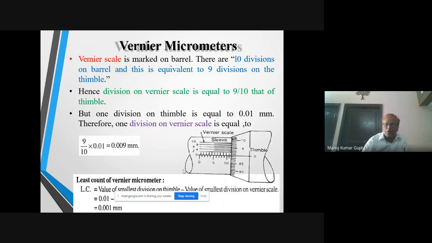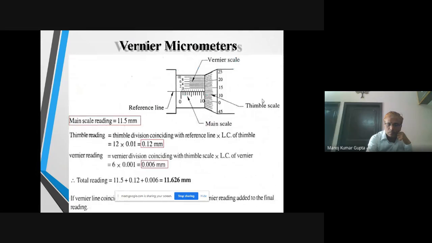And this is also a vernier micrometer. We can take the reading of the main scale, and we can take the reading of the auxiliary scale. And its vernier micrometer least count is up to 3 decimal points, 0.001 millimeter. Earlier it was 0.01 millimeter up to 2 decimal points, but this least count is up to 3 decimal points, 0.001 millimeter. And similarly we have taken the dimension, it comes out to be 11.626.